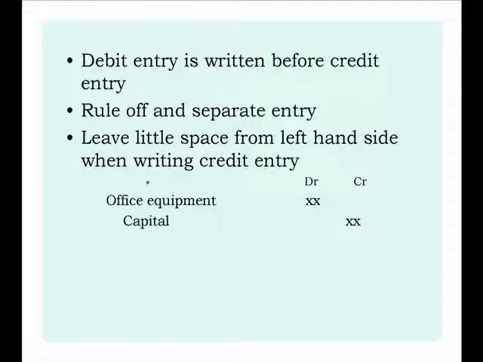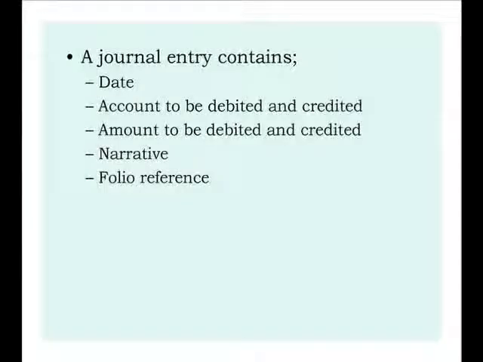I cannot explain this without a journal. So next time when I explain with the transactions, I can show you the meaning of this statement. Then in the general journal, a journal entry contains the following: date, account to be debited and credited,